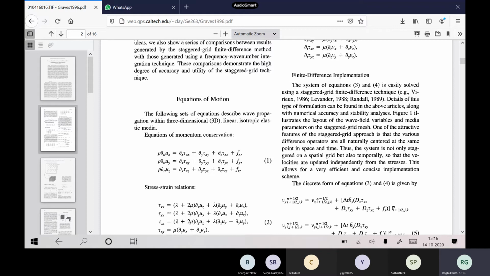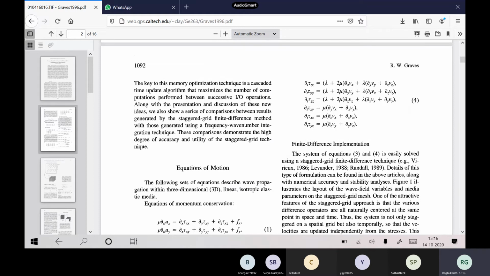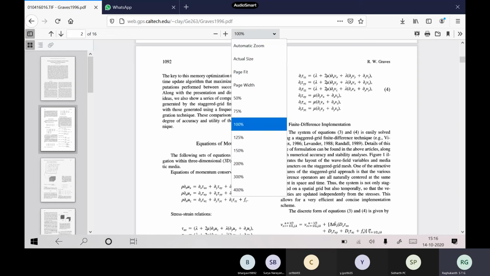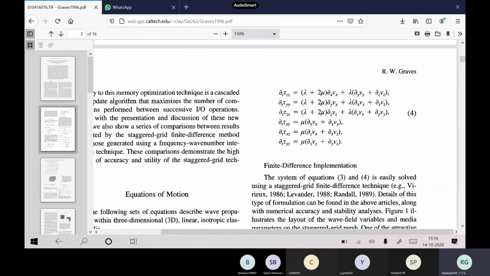Now similarly if you see these stress versus velocity equations, here also we have issues. See, for example, you can see this equation, right? So now here what is it that you have to match? If you see the shear stress equations, the time derivative of shear stress should be matched with the spatial derivative of Vx with respect to y, then the spatial derivative of Vy with respect to x actually. So due to this, what type of grid comes? Naturally, what type of grid comes? Previously we have discussed, right?